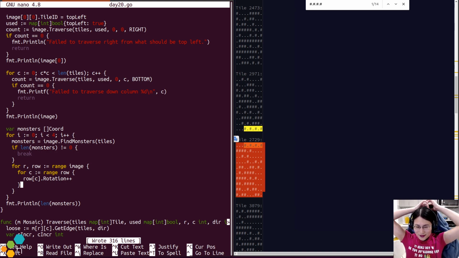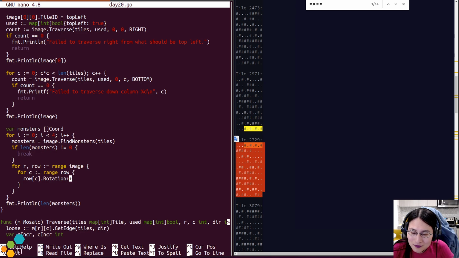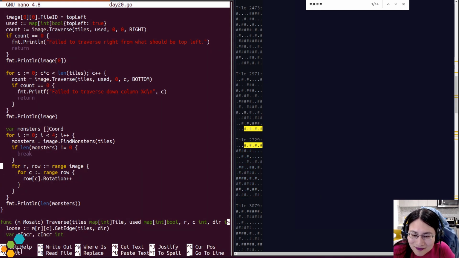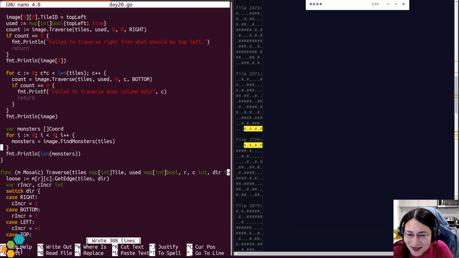I can avoid having to rotate the whole thing by just looking for the sea monster in flipped orientation. Yeah, I am starting to lose my concentration, but that's okay. Yeah, because we might have to... Okay. Okay, let's do it this way, because I think...